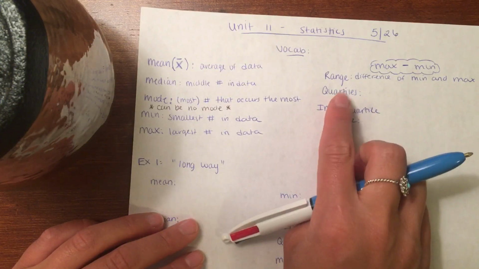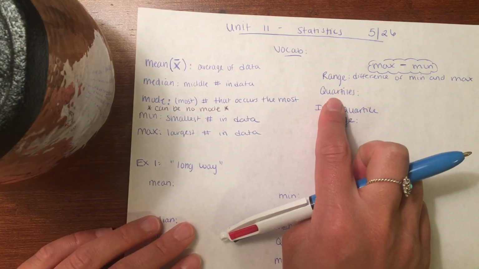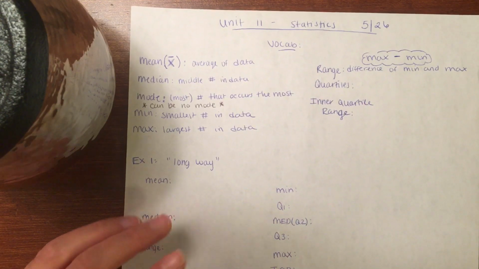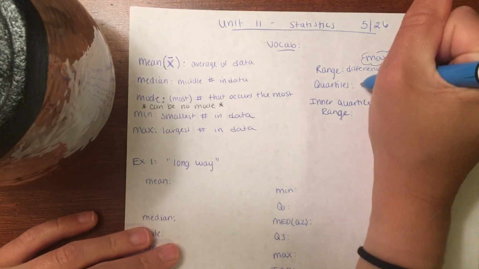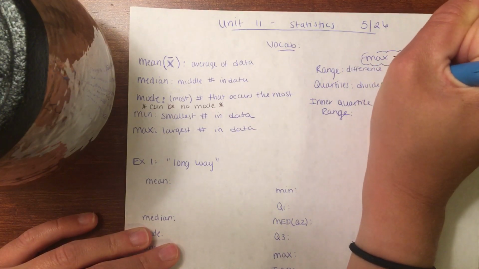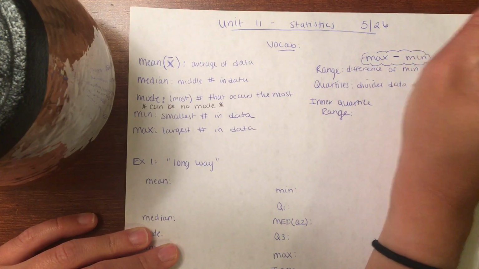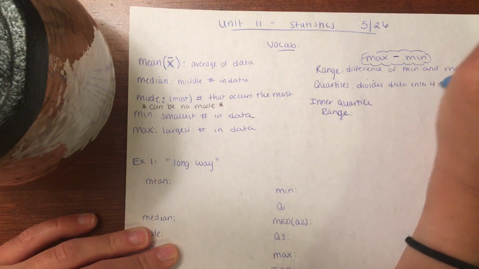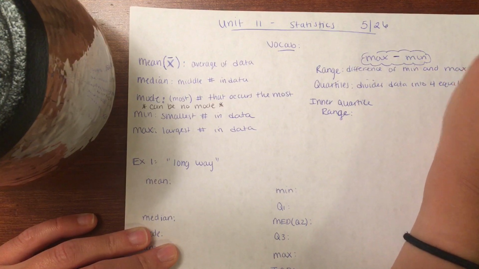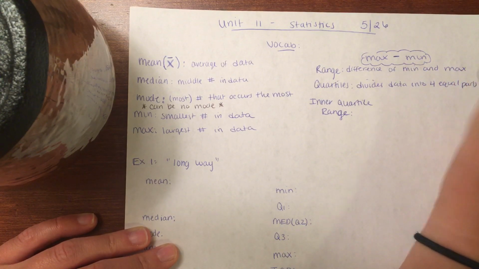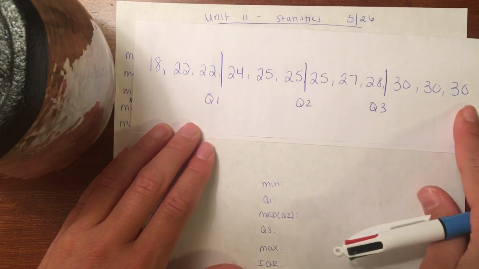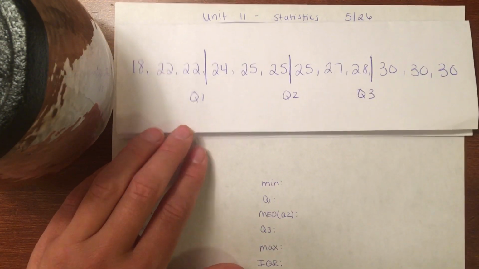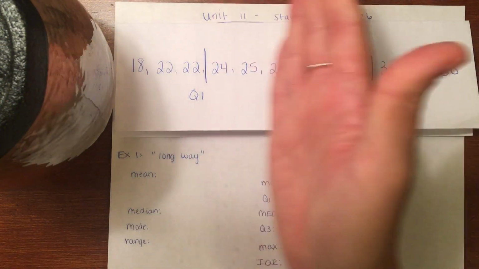Okay, your quartiles, now this might be new to you. You might remember it from box and whisker plots, but what your quartiles do is they divide data into 4 equal parts. And to show you what I mean by that, I have a set of data right here. So if I was looking at this set of data, okay, you have 4, I divided it 3 ways, but